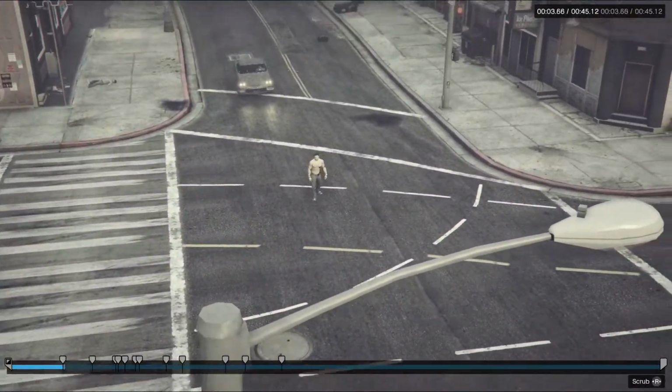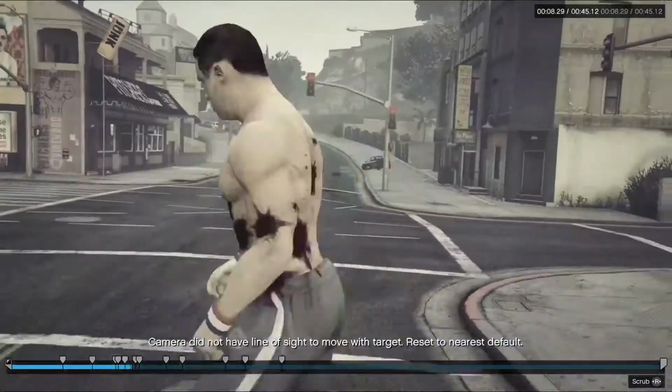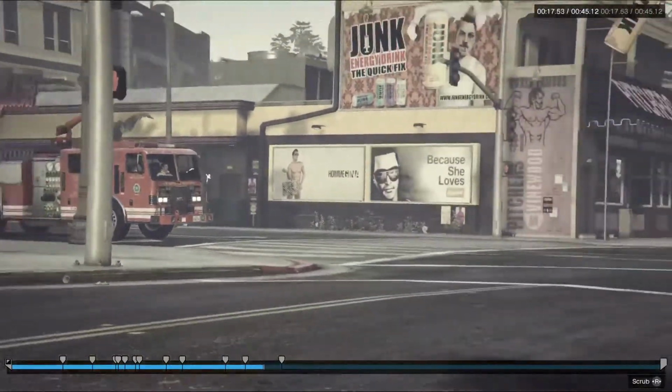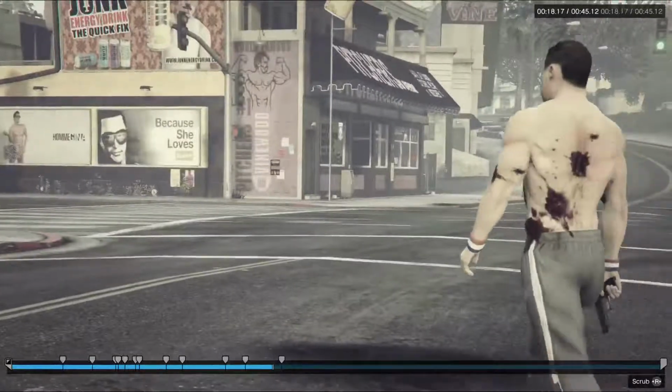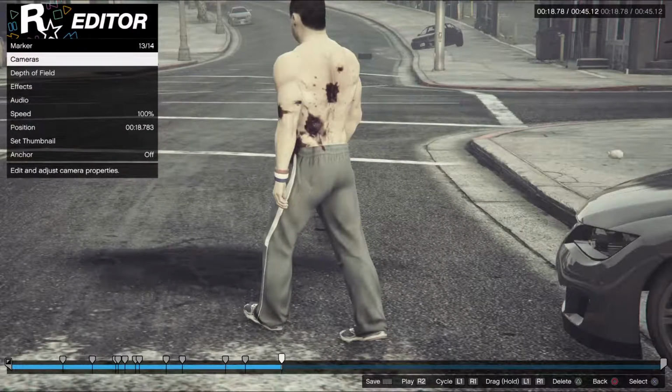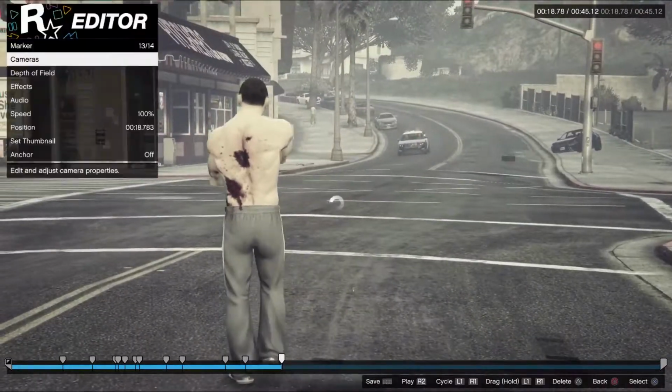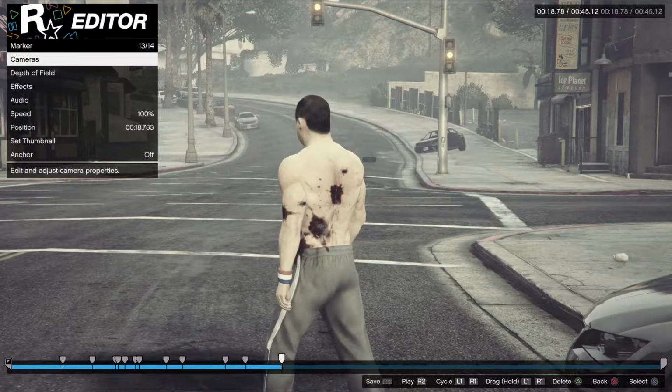Got that. Yeah, that's fine. I'm not trying to make anything perfect. I'm just trying to give you a rough idea of how to do the editing that you want. But now we've got a walking shot. Obviously, he's aiming his gun, and sometimes what I do here is,